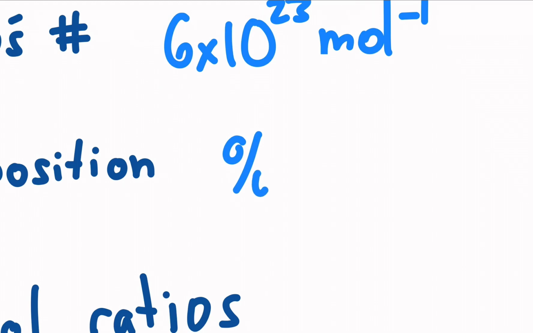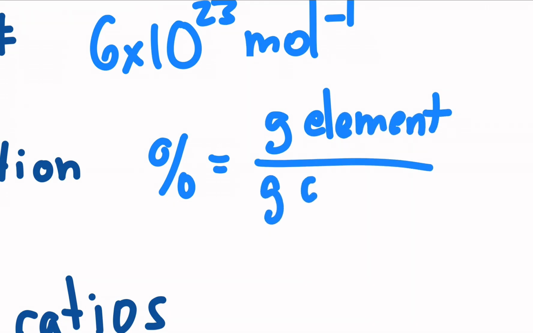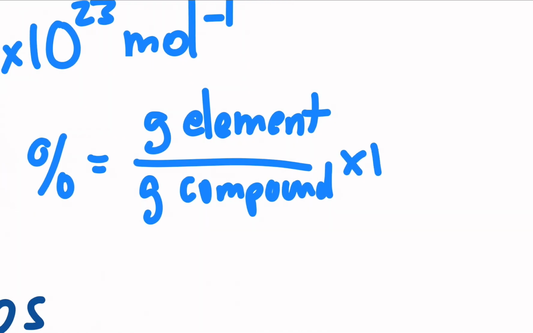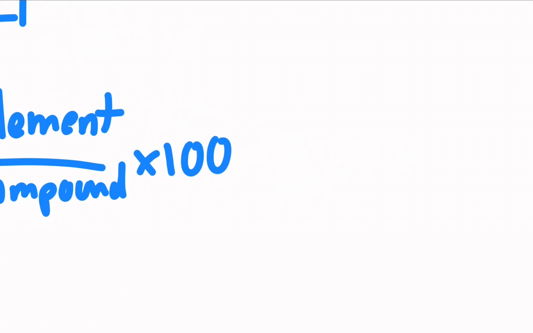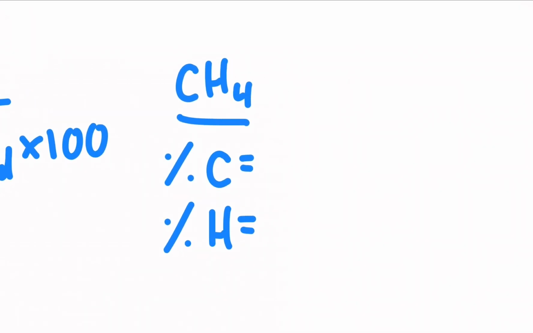The percent composition is something that's very useful for identifying a compound. The percent of an element is the mass of the element divided by the mass of the compound times 100. So, for example, if I have the compound methane, my percent carbon and my percent hydrogen would be,